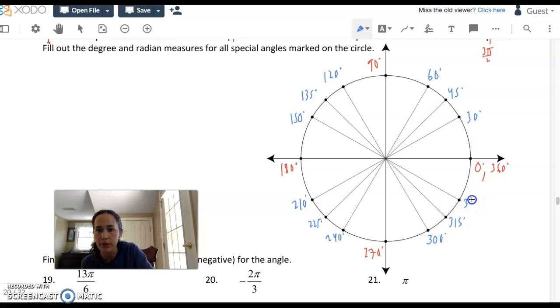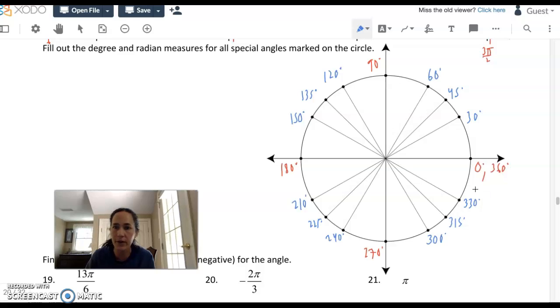315, and 330. And the new thing I want to add to this, the exciting part, is we can also do a lot of these same stuff in radians. So I want to put the radian measures just to start to get used to them, start to get them into our heads around these special angles. So start with the